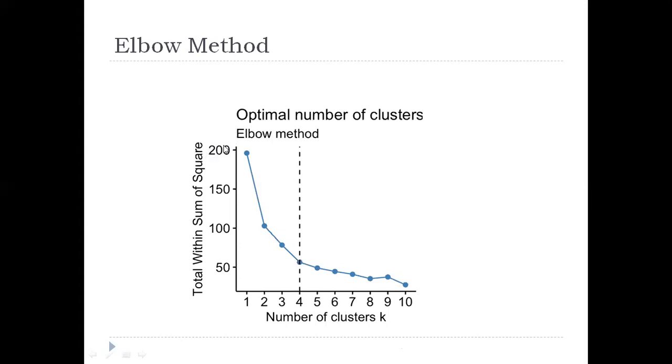Our main goal is to optimize this value, right? When you have one cluster, it was around 200. When you increase it to 2, this value drops. Over a period of time, whenever the number of k is increased, the y-axis values just keep on dropping. But you can't have 10 clusters just because you have the least number on the y-axis. You should not try to minimize it, but optimize it, right? So here we are taking k equal to 4.